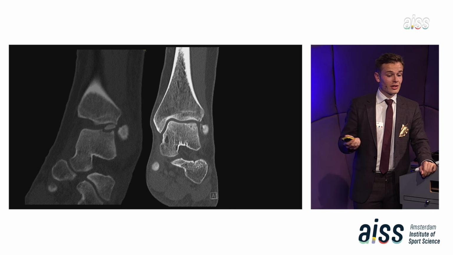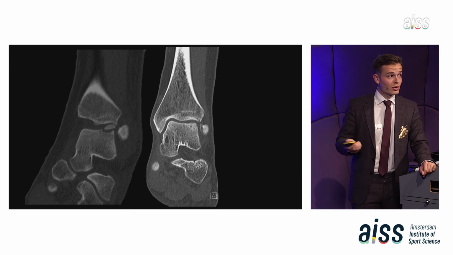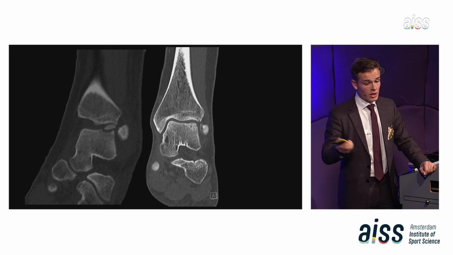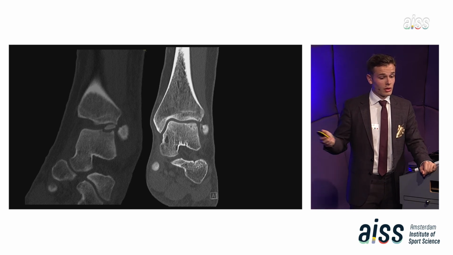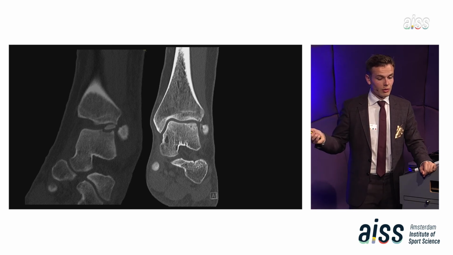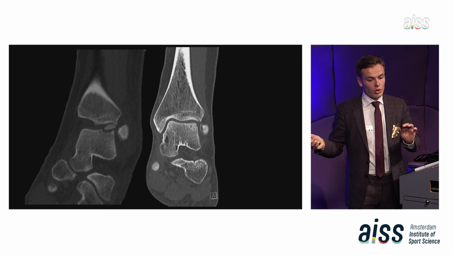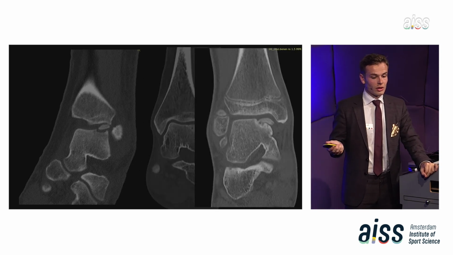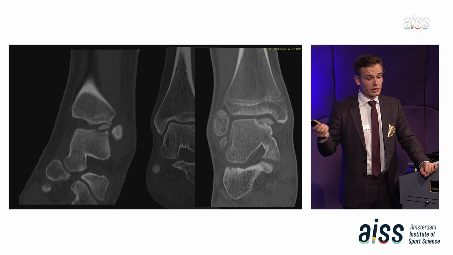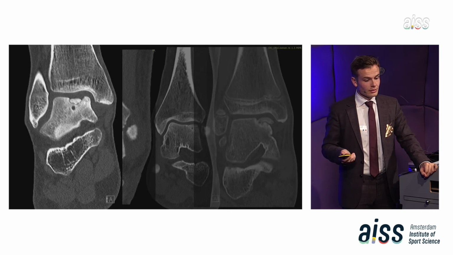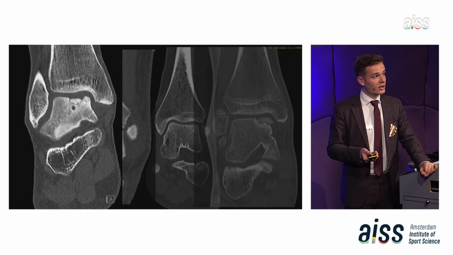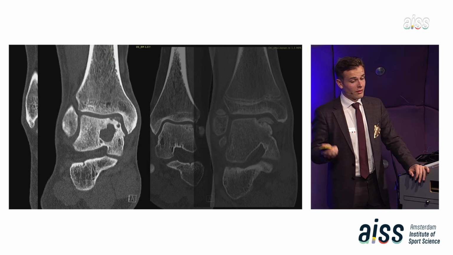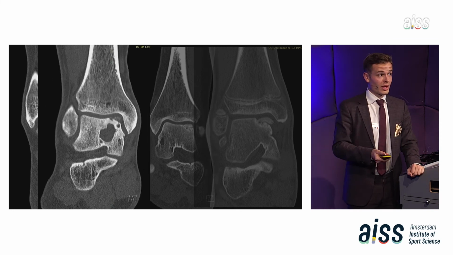As you can see, there are many different types of osteochondral lesions, or lesions of the bone and the cartilage. You can see here a large fragment on the left side, and then there's a fragment with a small hole just below it. Then we have another big fragment which is not flying into the joint, which is more stable. Another one with a cyst underneath, but more in the middle part of the joint. Very large cysts, but without a fragment.